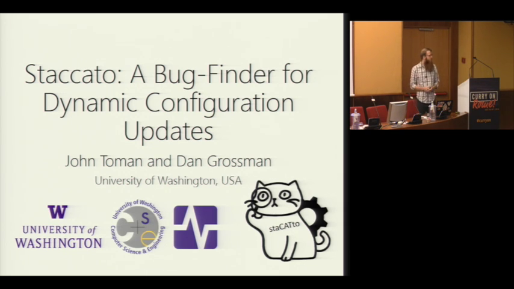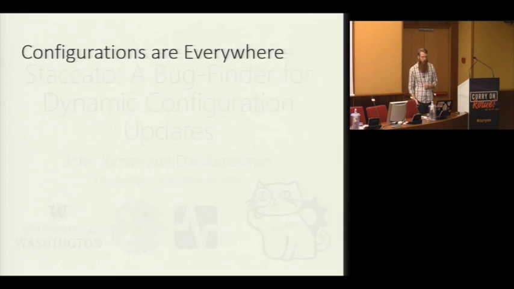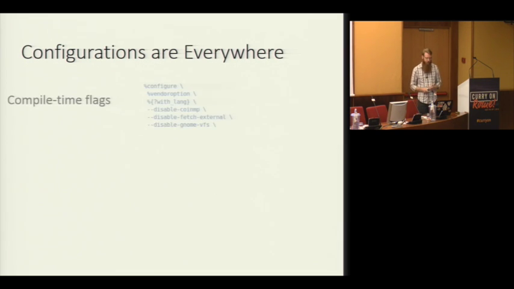My name is John Toman. I'm from the University of Washington. I'm going to be talking today about work I've been doing with Dan Grossman on Staccato, a bug finder for dynamic configuration updates. So software configurations are ubiquitous, and you can find them in several different flavors, from compile time